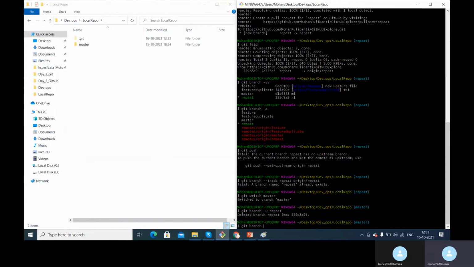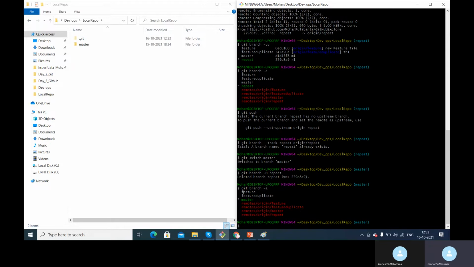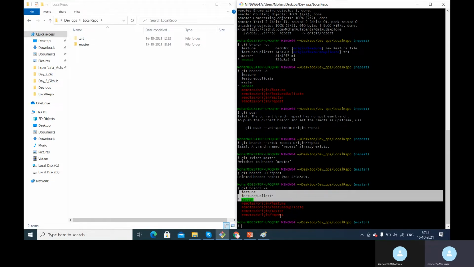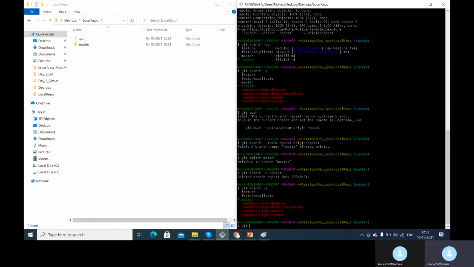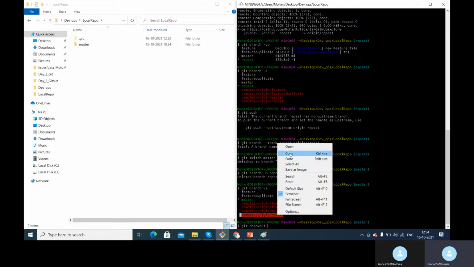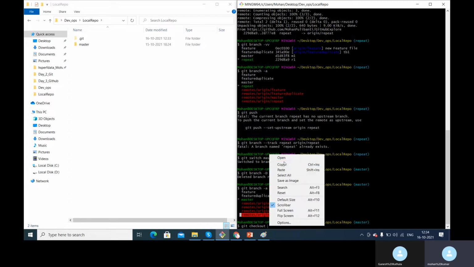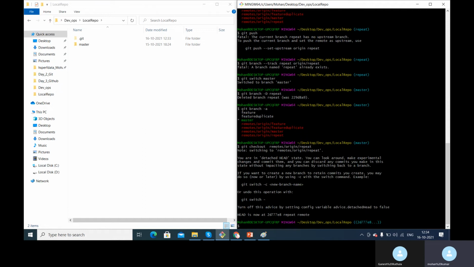If I go and see git branch -vv -a, which shows all the remote tracking branches and the local branches, I don't have the repeat branch here in the local, but I have a remote tracking branch. So if I simply check out this remote origin repeat, I will get all the changes and details that are on this particular branch in the local. I'm just checking out to show you those details. When I check out to this, you will see all the files that are on the remote branch, but every time we cannot do a detached head, so it is not a good practice. There is a much simpler way than this.